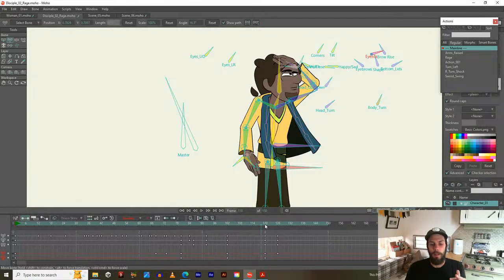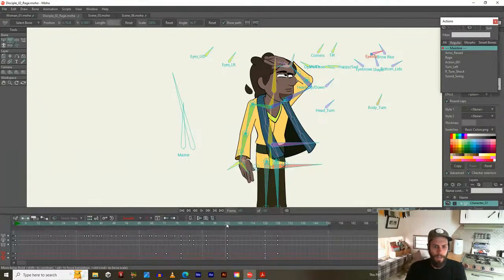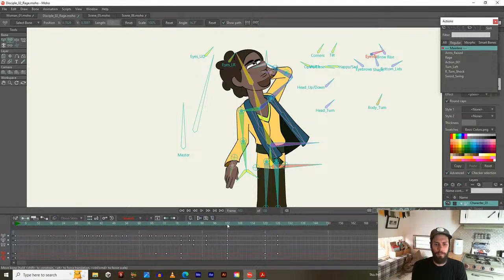It's interesting the way that Moho does their animation is that at any point in the timeline, if you change something, it puts a keyframe there and says, boom, off, or boom, on, or the color gets changed. So that's one thing you have to be careful about when you're animating, is that if you get to a point where you say, you know what, I think the dynamics should be off for the whole performance,